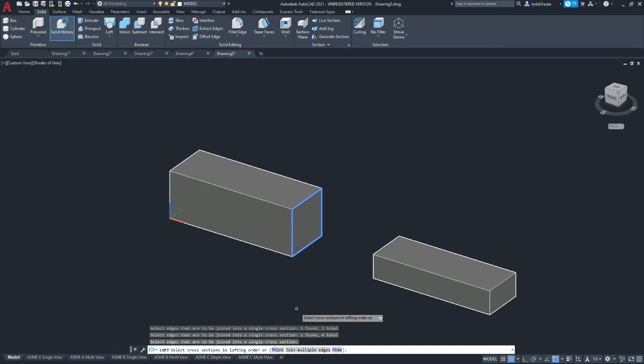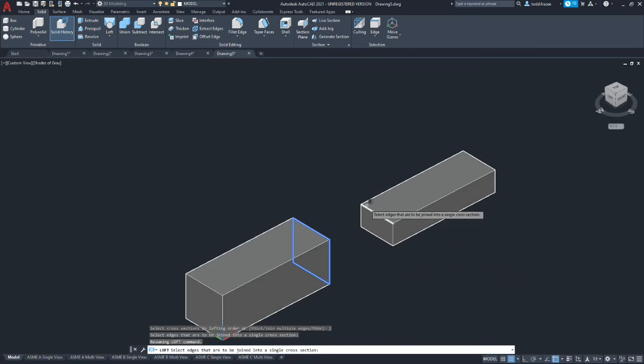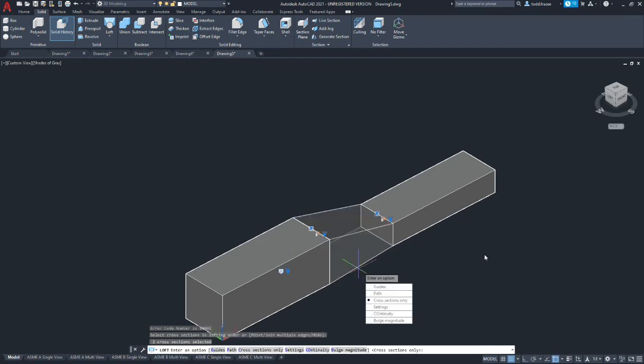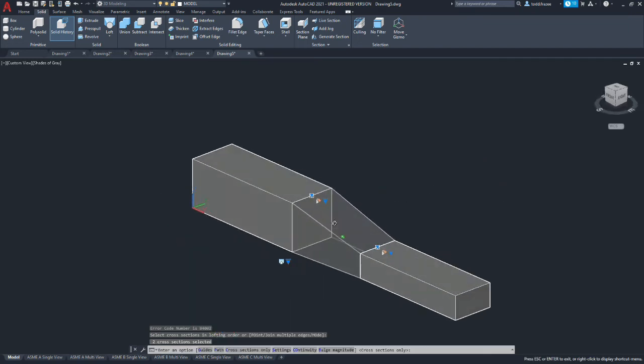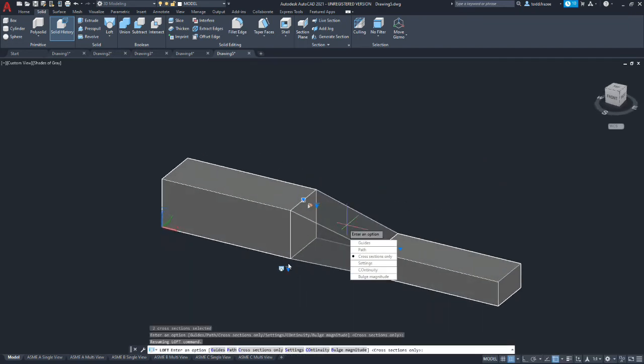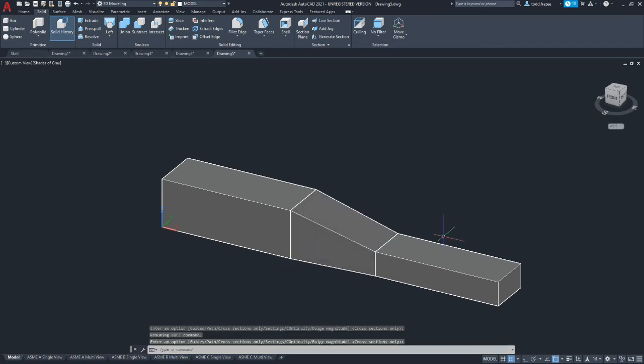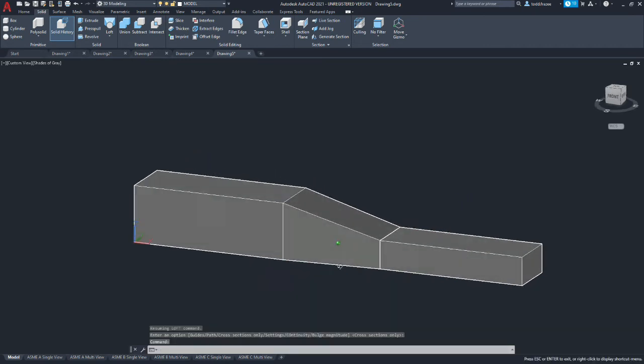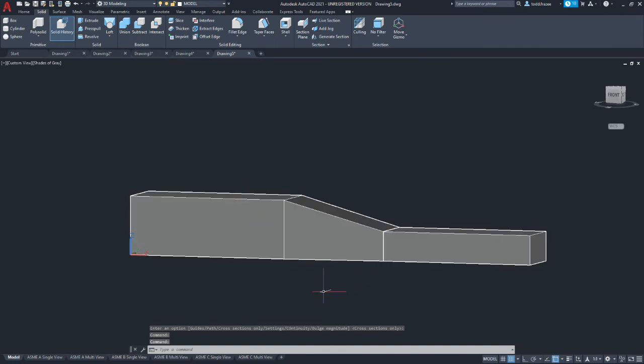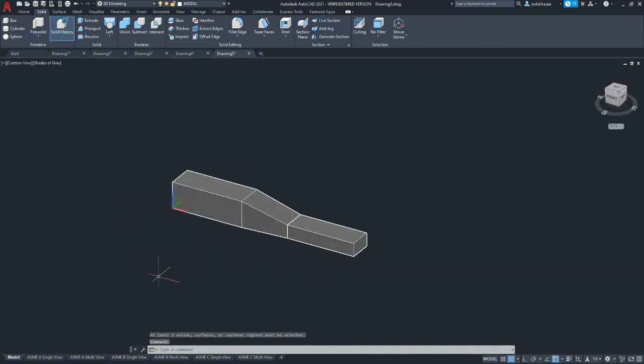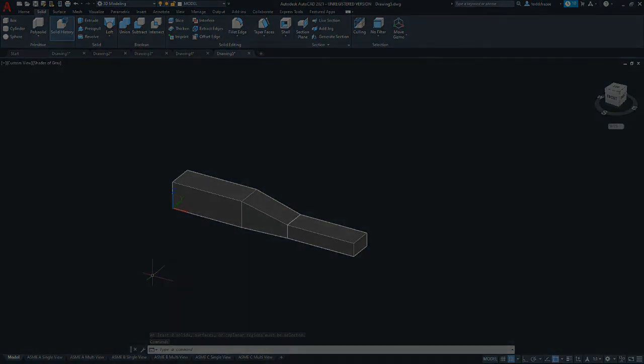And then we're going to say join again for our second cross section. And enter again, and we get a loft transition between the two solids. Okay, we're going to hit enter, and now we have a loft that goes in between our two solids. Okay, that's the end of our examples for single profiles.